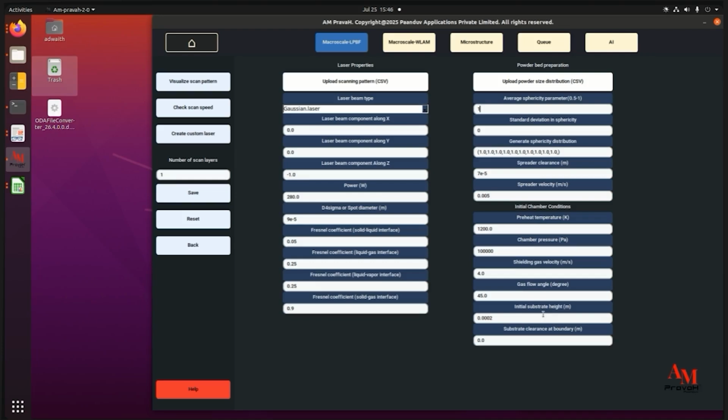Then we have the initial substrate height, and then the substrate clearance at the boundary. So what is that? We have the substrate. The substrate can be of the same material as the metal powder or can be a different one, but they should have good compatibility so that there can be minimum deformation and defects in the final product, and it helps in the cooling also. So it should have the best possible thermal conductivity. So that substrate that we simulate here